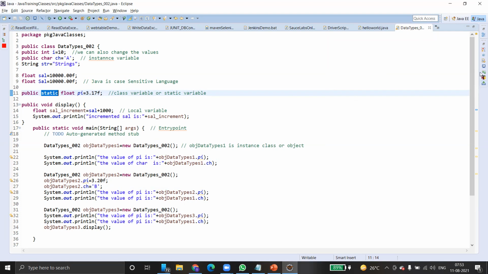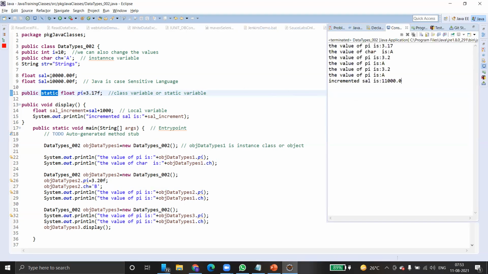The initial value of pi is 3.17, but after creating the second object, the value has been changed to 3.2. Again, if you use the same value pi, it is not reverting back to 3.17. It is still holding the value of 3.2 only.